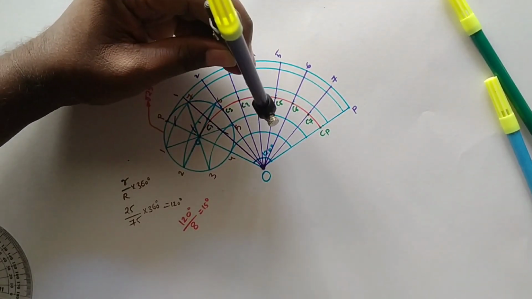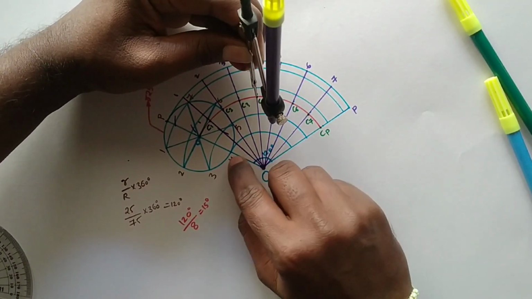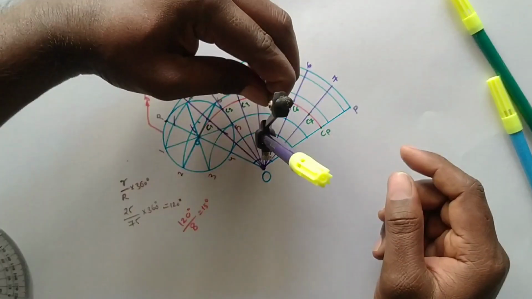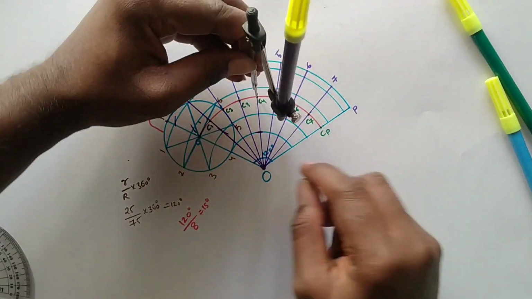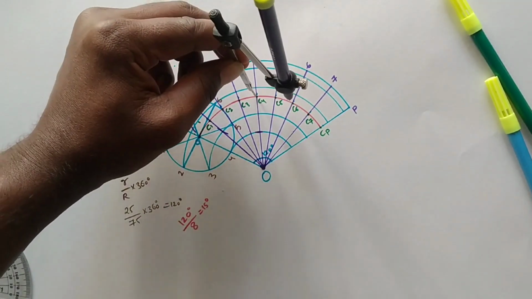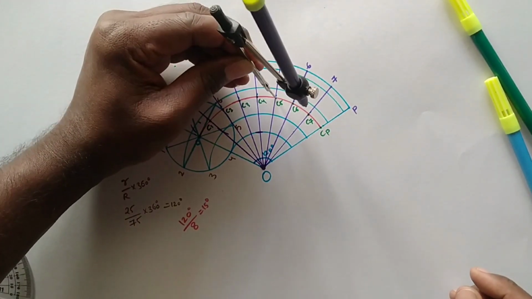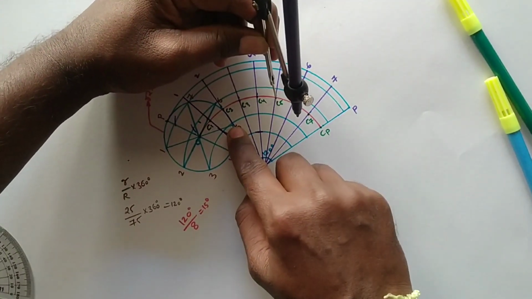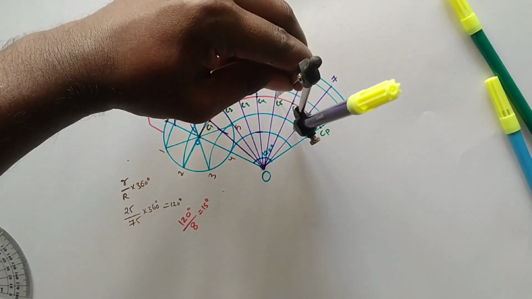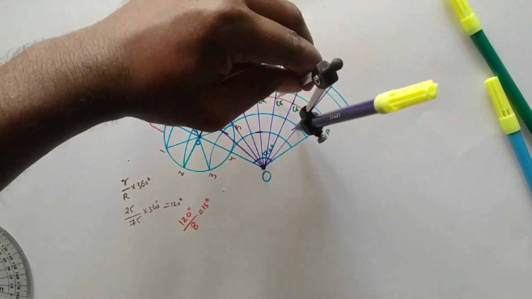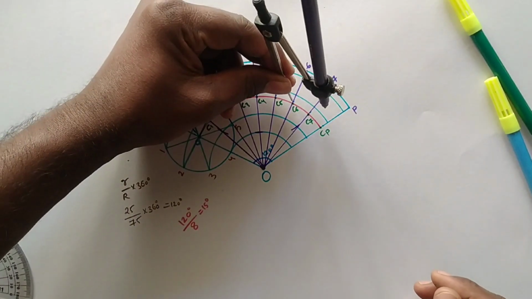Next, C4 at the center. This is the 4th curve. The curve passing through 4 just touches the 4th curve. Why? Because it is equal to the radius of the rolling circle. Next, C5 at the center. This is the 3, 5 passing line. Cut this 5th curve.